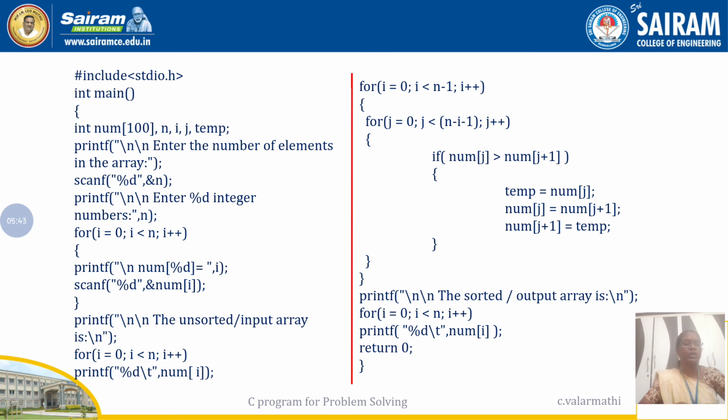How can we do the swapping? With the help of a temporary variable. One more third variable is required. So first we will store a[j] in temp. Then a[j plus 1] is stored in a[j]. Then temp is assigned to a[j plus 1]. So that is the swapping procedure. Interchanging two elements can be done only with the help of a third temporary variable. This is the process of swapping. Swapping is done only if required, or else we can continue the loop.